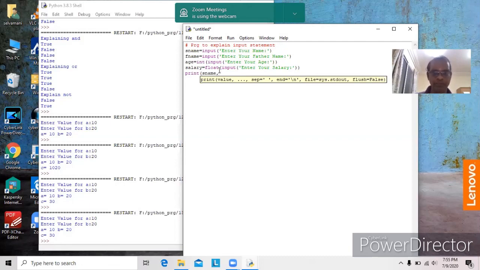We need the type. We already studied type.